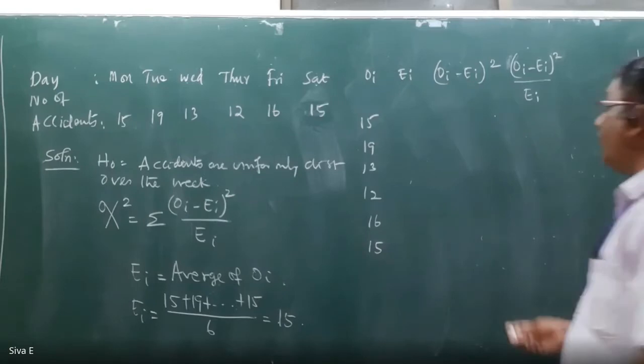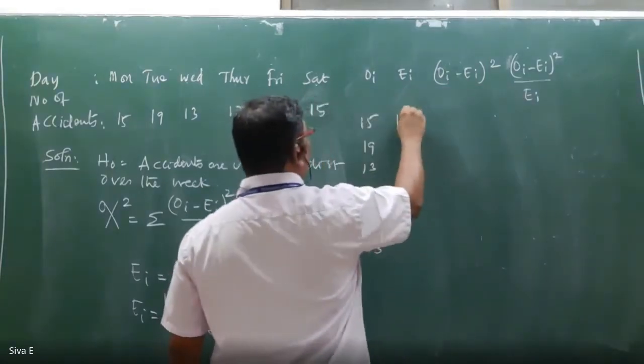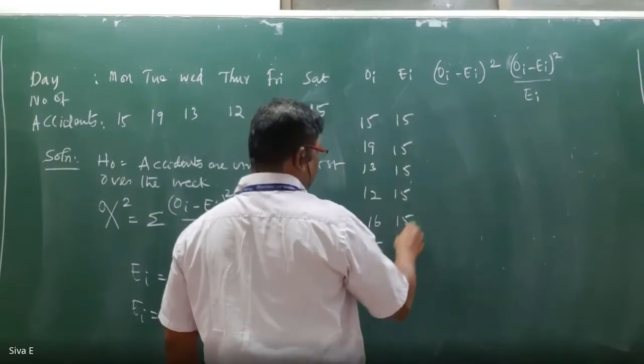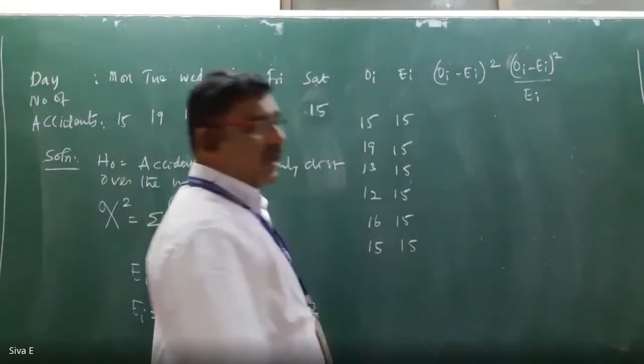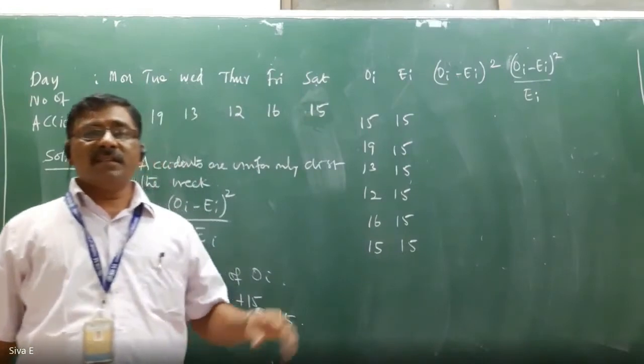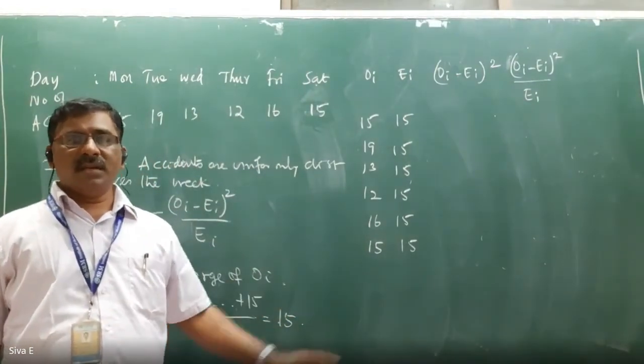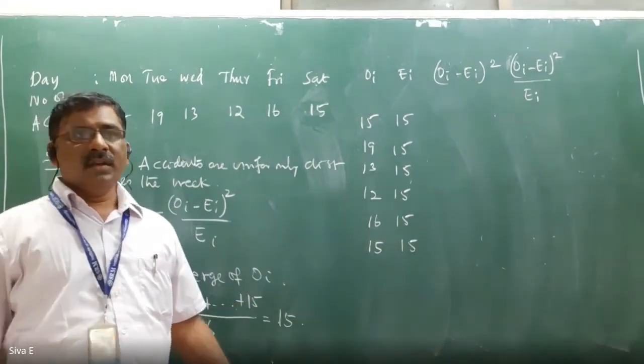EI is same for all the values: 15, 15, 15, 15, 15. And one more thing, finding EI is not the same for all problems. Problem to problem, it will vary. Based on the problem, we have to find the EI. For this problem,